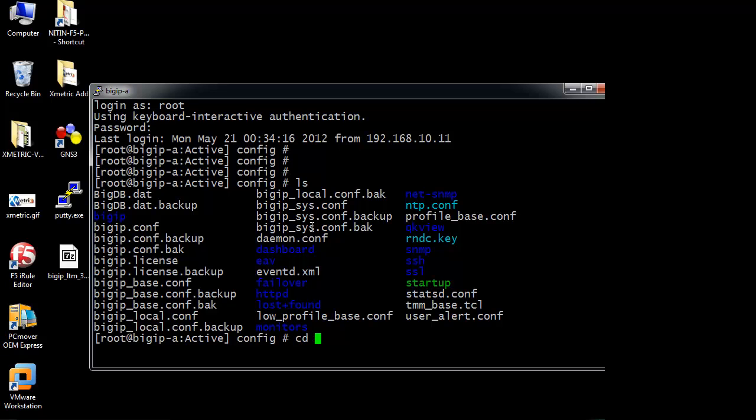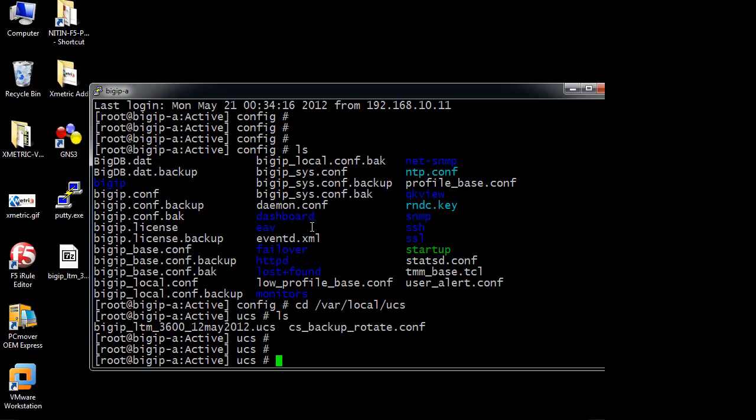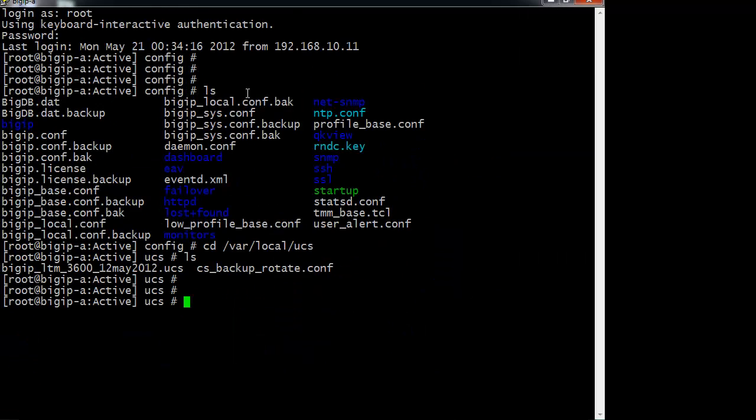Let us go to cd /var/local/ucs, list. You can see here there is the bigip_LTM_3600_12th May 2012 UCS file which we created by using the graphical user interface, the GUI.